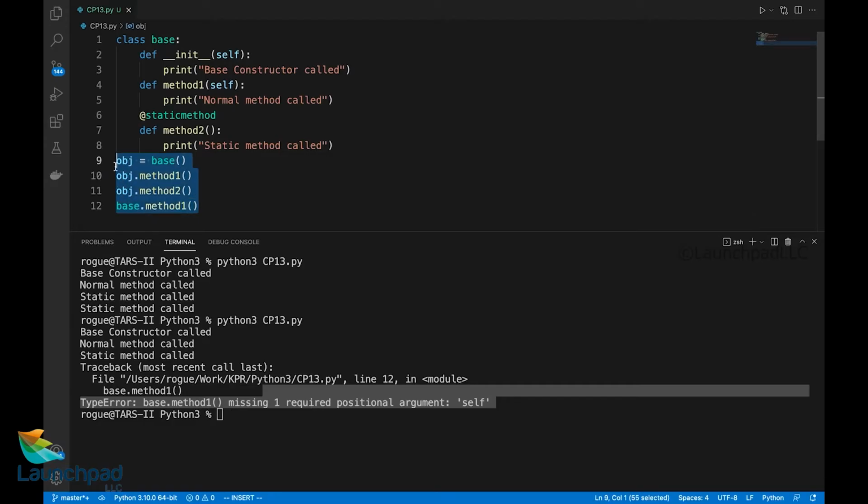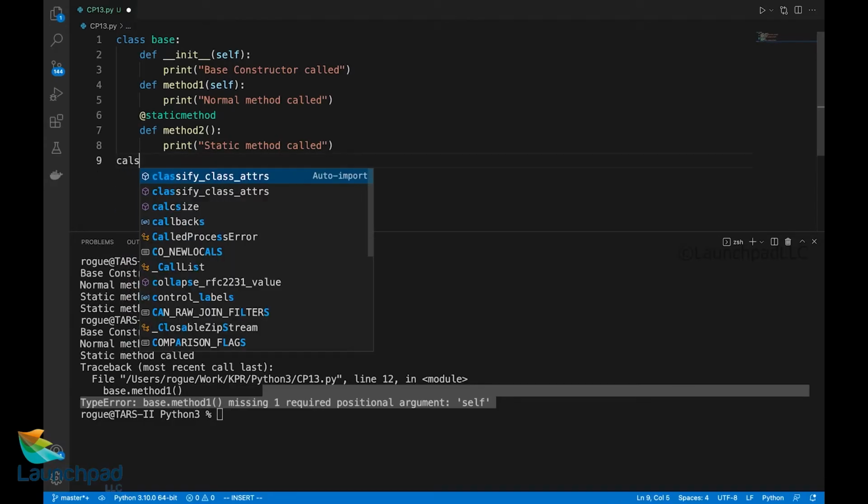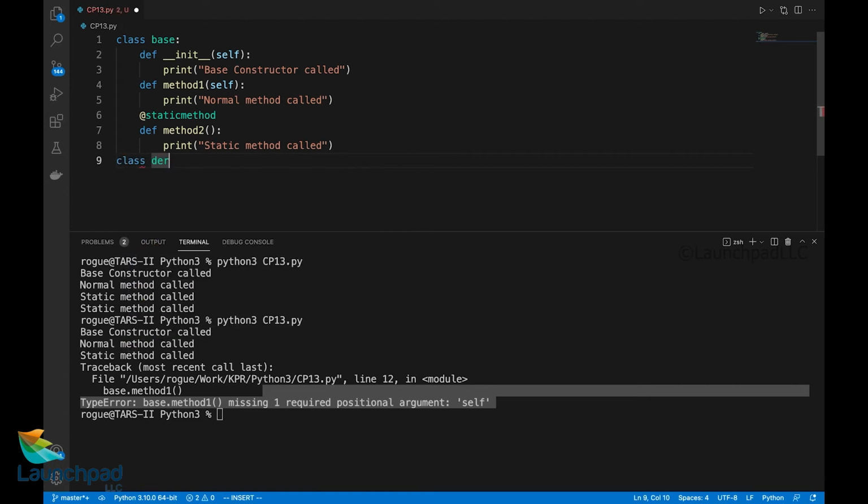Now let us talk about another essential topic about the OOPS concept, that is inheritance. Let us see how to do inheritance. In order to do inheritance, I'll call it class derived, which inherits the base class. I'll simply initialize self.